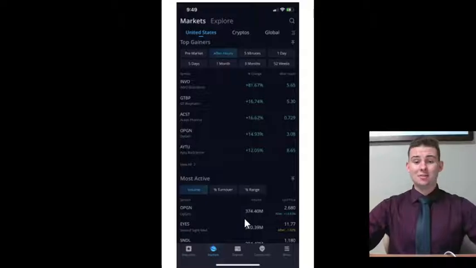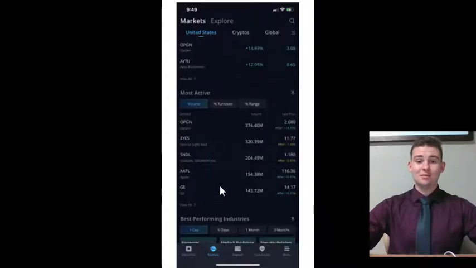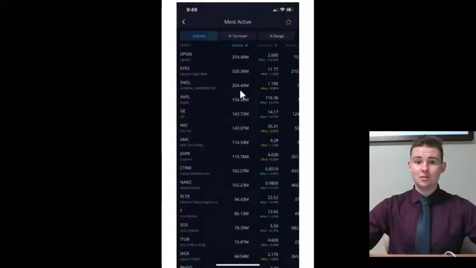And volume is extremely important. It means there is a ton of eyes on it. It can be extremely volatile, especially if any news or anything comes out about it, it can really take off. So this most active list right here can be extremely beneficial. You can as well click the view all, and you can go through all of the most active stocks, and